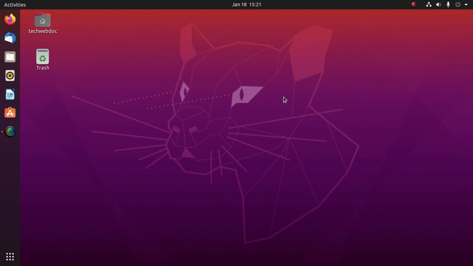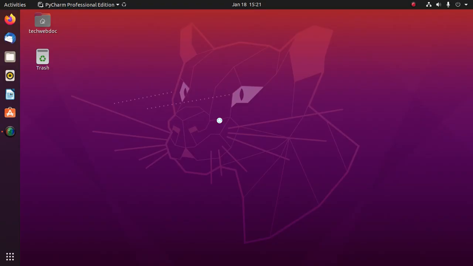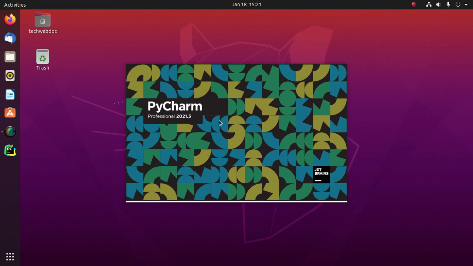Here you will learn how to create and run a Django project in PyCharm Professional IDE in Ubuntu 20.04